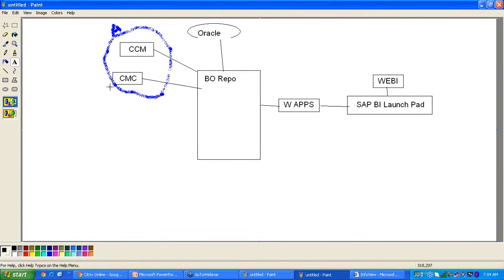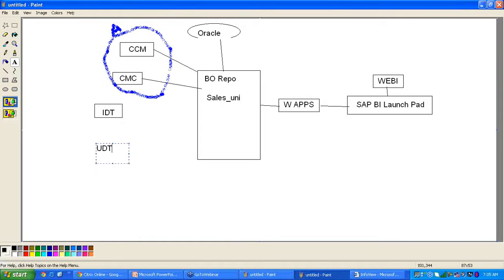By connecting to universes, we can create reports. For example, a sales universe is there, and we can create a report by connecting to it. What is a universe? A universe is a semantic layer between the database and the end users, the Web developers. How can we create universes? That can be done through the UDT tool and the IDT tool.